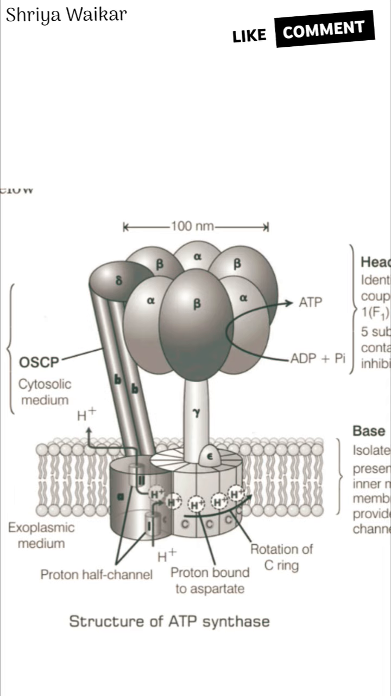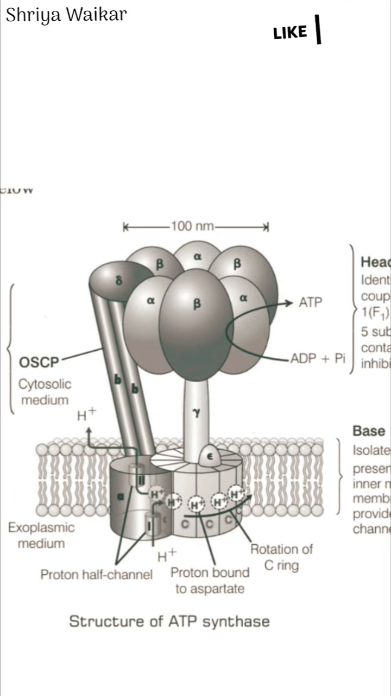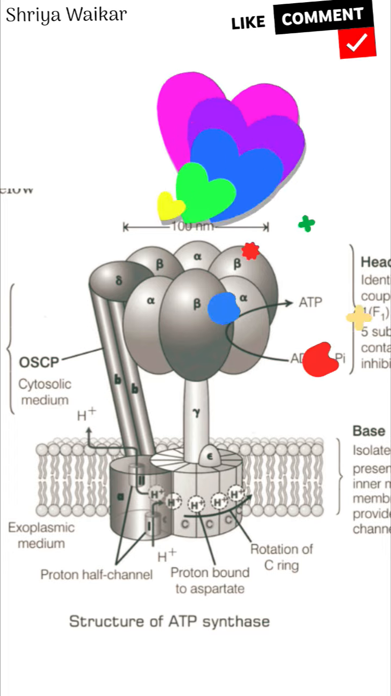ATP is produced from ADP plus inorganic phosphate. It will bind at the beta state, that is the L state. Now that is a loose state. So gamma rotation will turn the beta into the T state, which will form the ATP. Then the rotation will continue till the beta becomes the O state, and then finally the ATP will